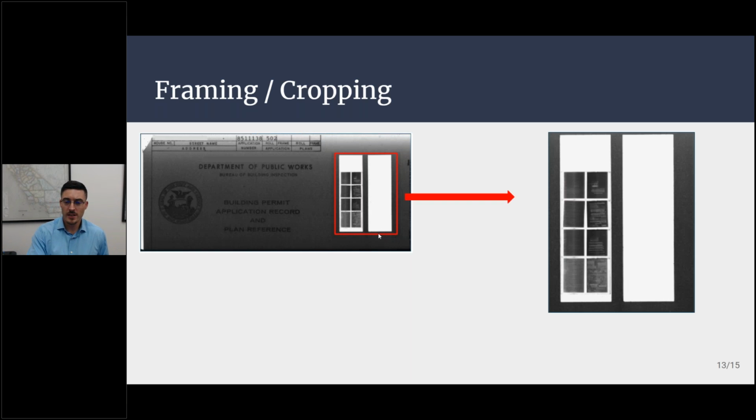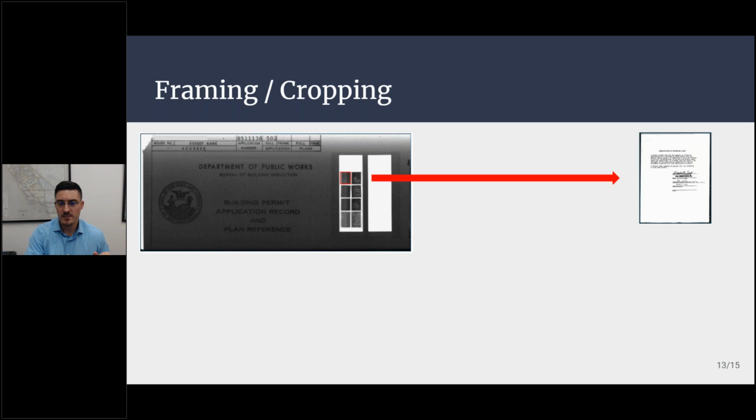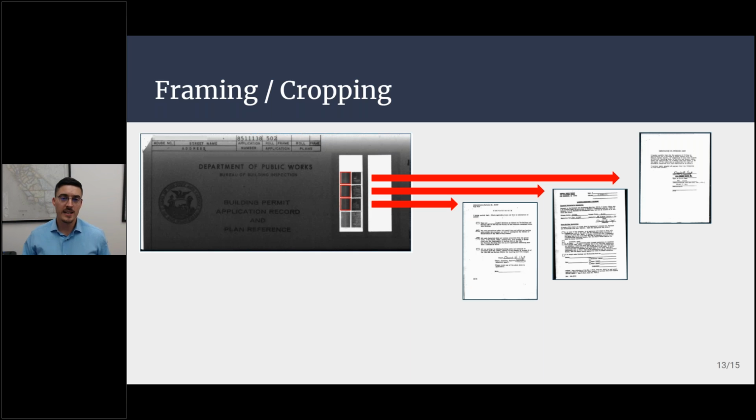So what you can do instead is actually frame each individual image. Now, the benefit is you get each image as a full-size electronic file. The downside is it is more expensive to do that. You can imagine why. I'm not just saying, okay, give me the whole frame. Now I have to go and individually frame and crop each image, which this is pretty clean. They're not always this nice. Sometimes you have kind of de-skewed, they're kind of randomly assorted. It really depends on your particular material, but this would come out like this if you decide to individually crop